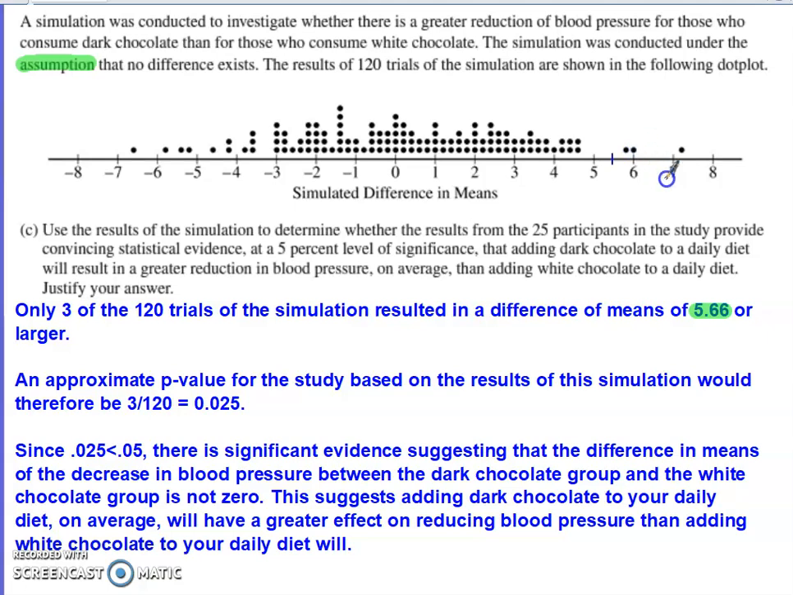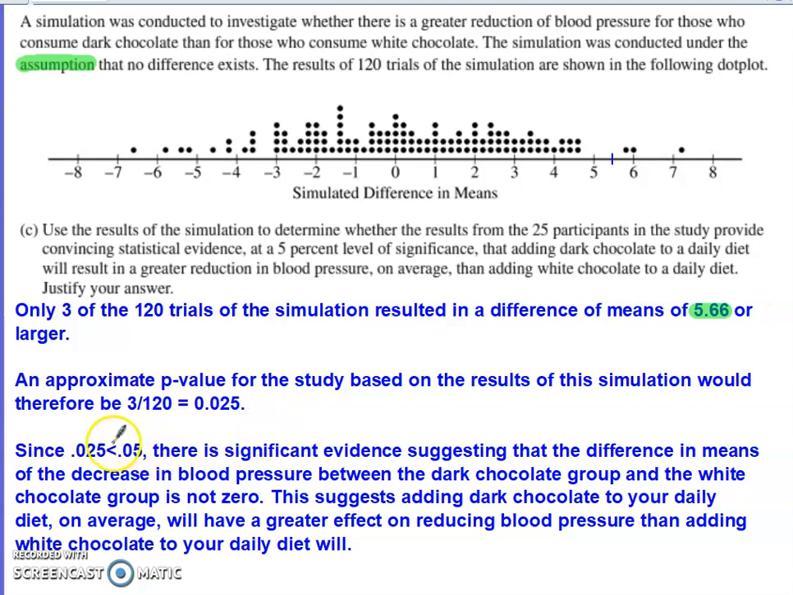And if you think about that phrase, it's the second time I've said it in the last few seconds, that should hopefully get you thinking about a p-value, right? Technically, a p-value is the probability that you get a result as extreme or more extreme as the one that your sample generated. In this case, the probability that we get a result as extreme or more extreme as the one that our study got is 3 out of 120,